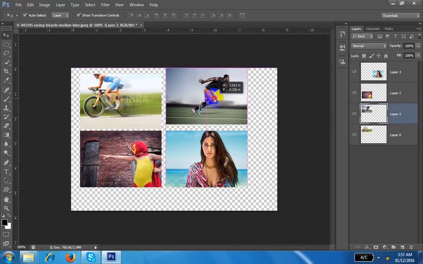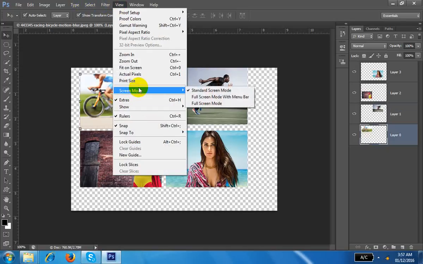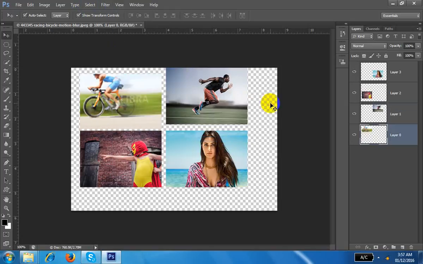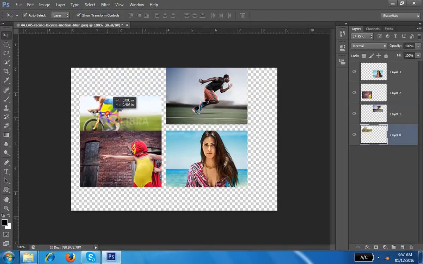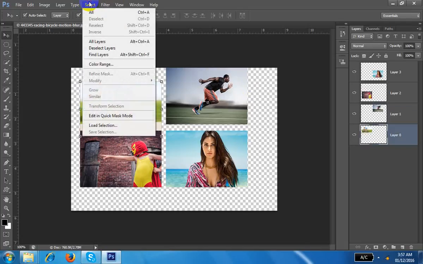I want to put this image here. So again, the upper line is showing. This is wonderful. The straight line is there. You can drag it. If this line is not there, again go to View. If this is off and I want to set this image, it's not possible to set it 100%. It will be maybe off by a little. Understand? Yes. So this is smart guides.